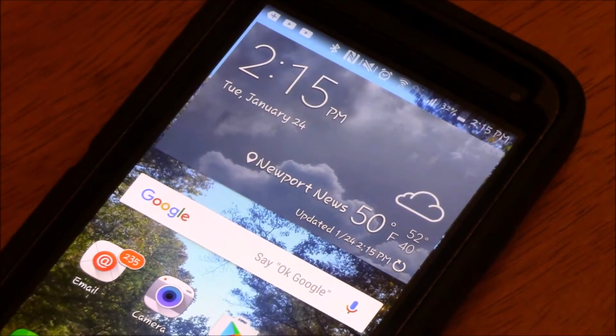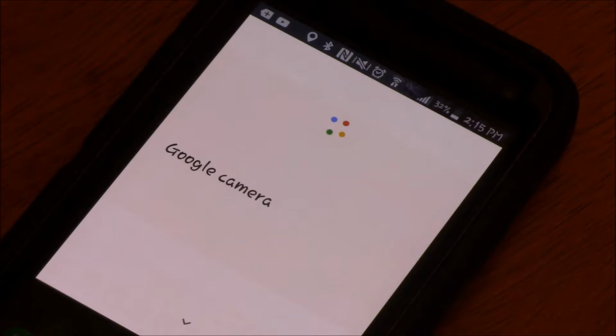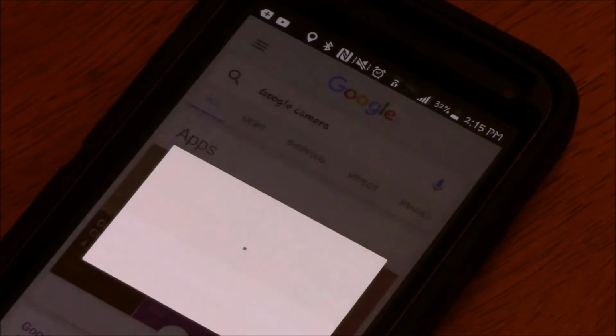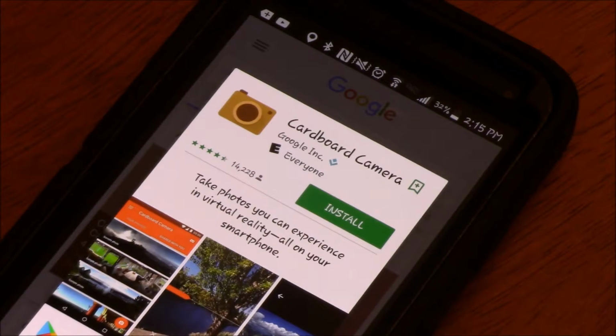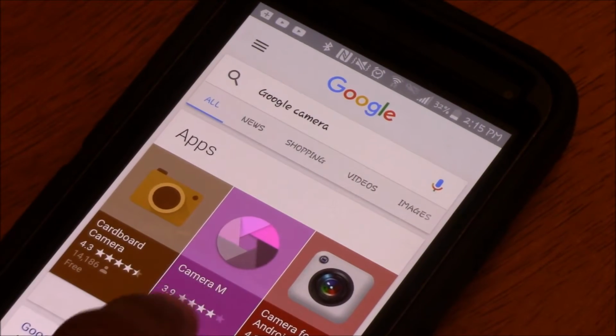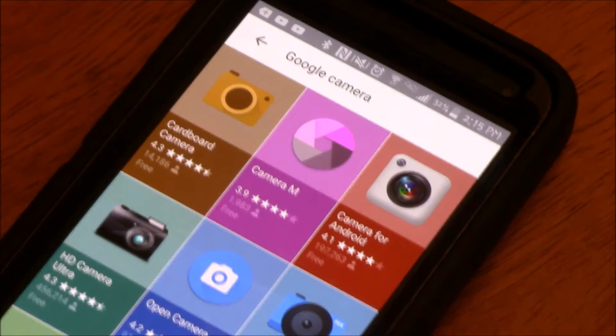Okay, Google Camera. And I believe they actually have removed it from the Play Store, but you can get almost all of them just ready for you.